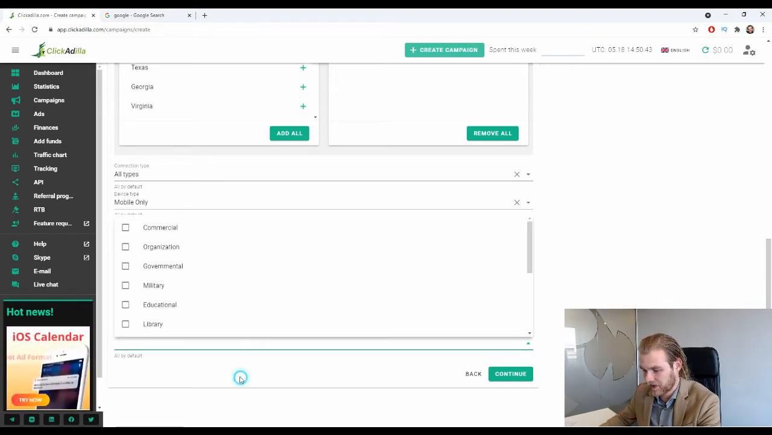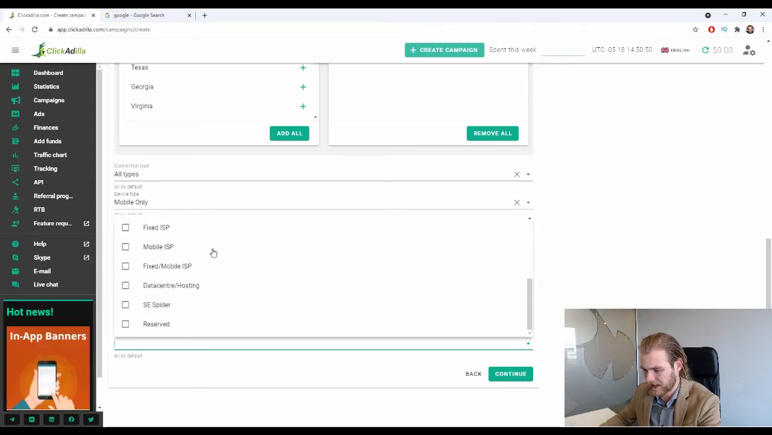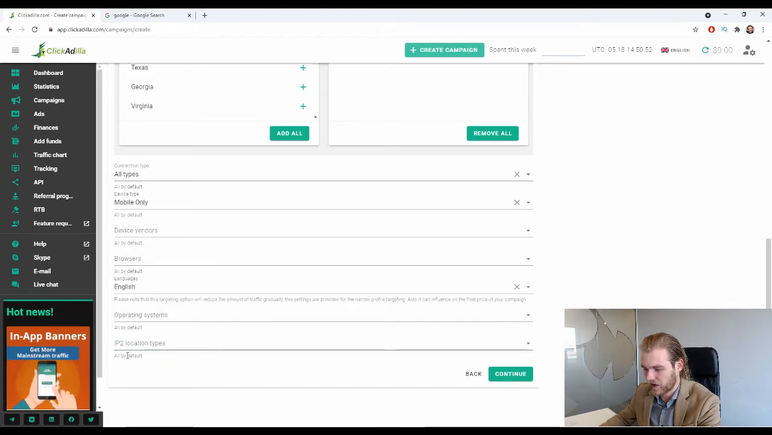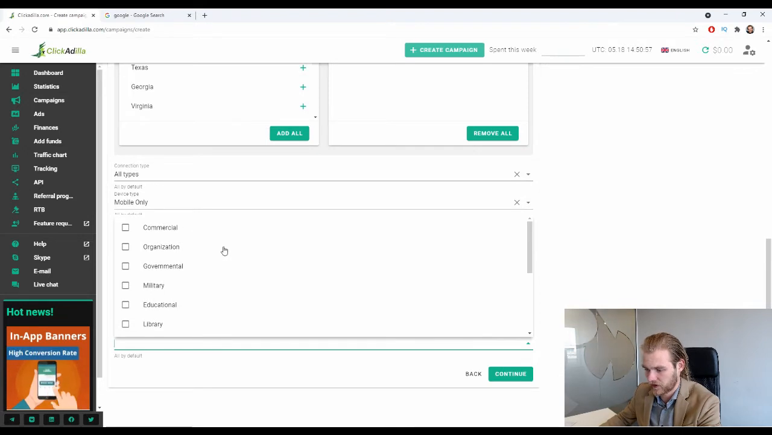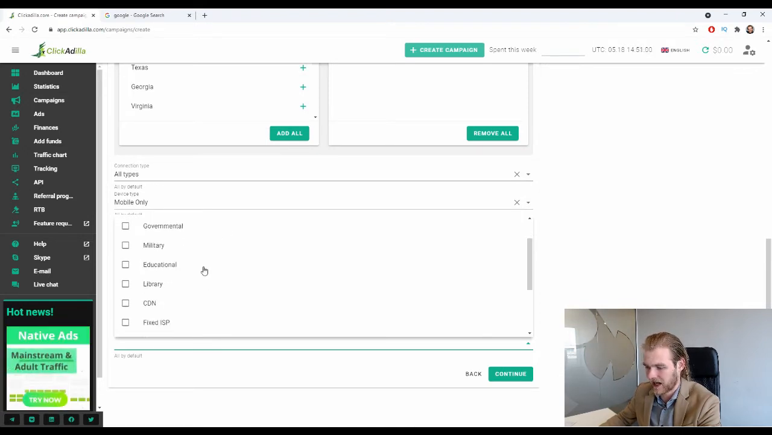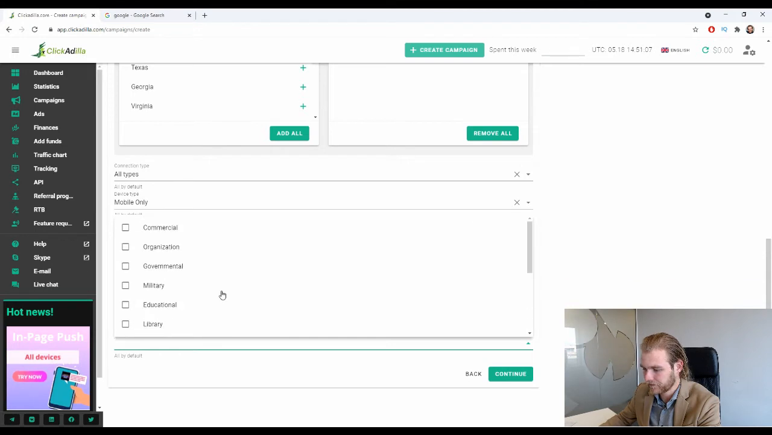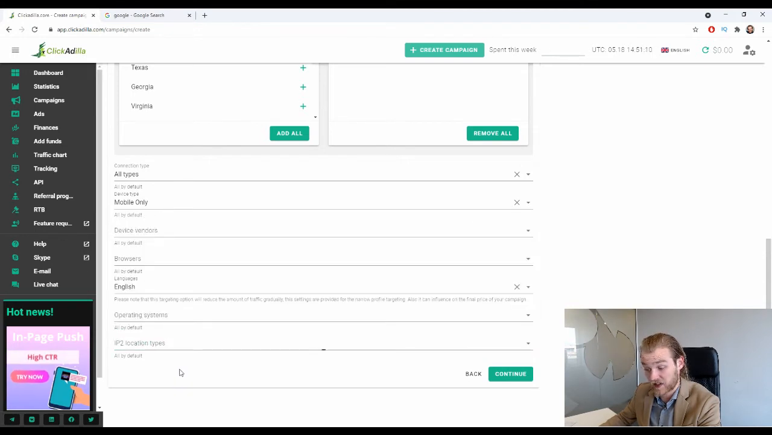All right, next up is the IP2 location types. All right, so commercial organization. This is probably the type of location that the IP address is connected to. So commercial, organization, governmental, military, educational, library, CDN, fixed ISP, mobile ISP, etc., etc. All right. I haven't seen this option quite a lot inside of these different traffic sources, but it's a nice